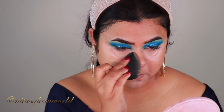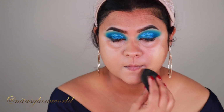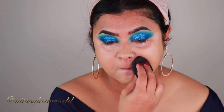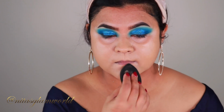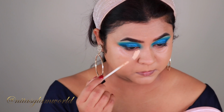Maybelline recently changed the formula of this foundation. It is as good as the older one, but the newer formula runs a little bit lighter. So in case you are using 310 in the older formula, go with a shade deeper in the newer formula, maybe 312. And now for highlighting and concealing, I am using the same Wet n Wild concealer in the shade